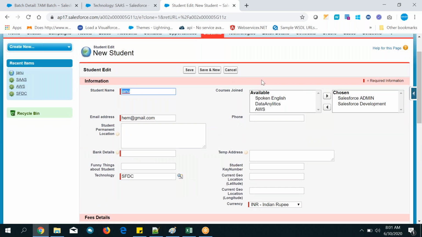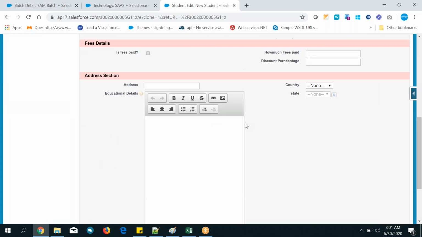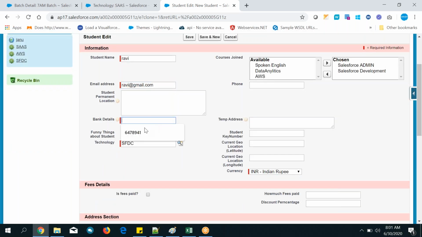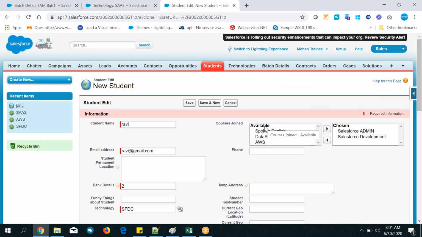So what is the use of cloning? Cloning usage is simply this: when receptionists are creating new records, it will save their time. Is it or not? Tell me. Because whenever changes are needed, they can do changes only there. Here they can change it, here they can change it, and here they can change it. Only wherever it is needed, and the remaining places they can keep as is. That is the use of cloning.